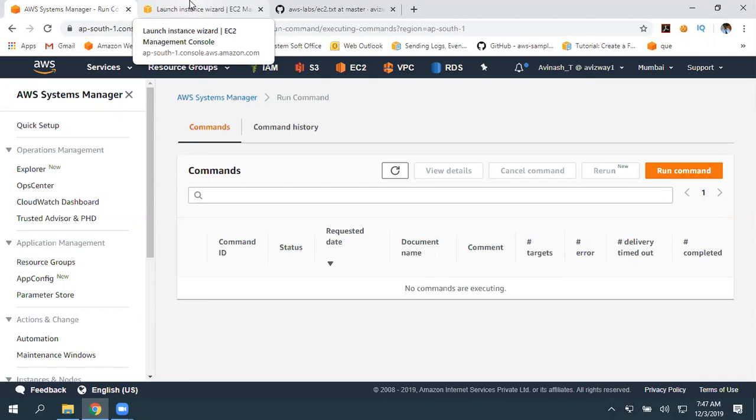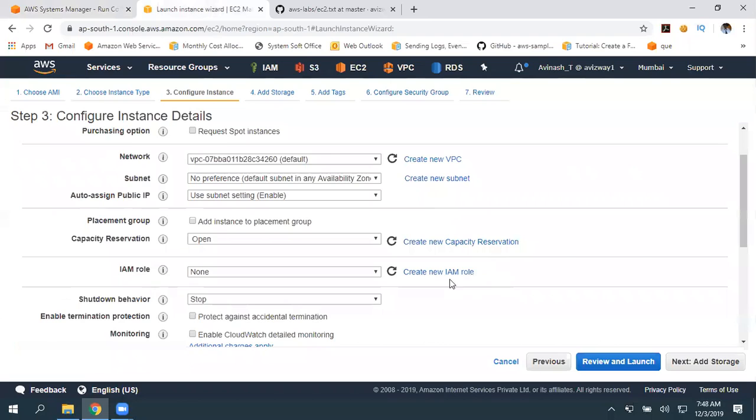So again, CLI versus role, which one is more secure? Configuring a CLI user or using a role? Using a role is the secure option. So create a role and associate that role to our EC2 instance. It is easy to manage also, associating and disassociating. So let's quickly create a role and associate that.